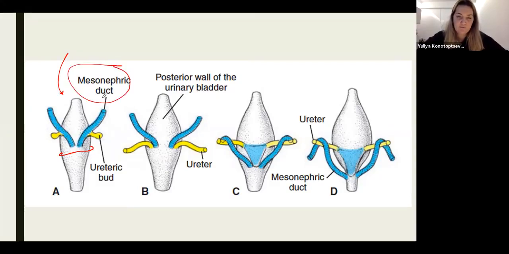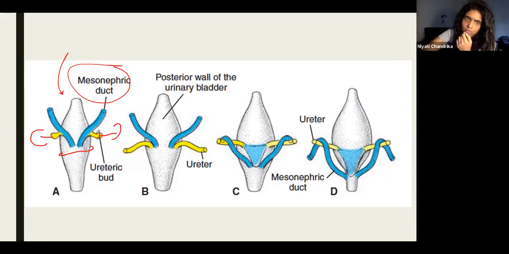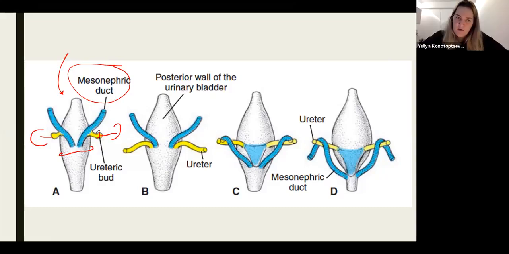These blue things are mesonephric ducts. As you remember, they were conveying urine from the mesonephros. Ureteric bud is its outgrowth. So somewhere there, you used to have metanephrons, right, which are the definitive kidney. Could you tell me mesonephric duct and ureteric bud, which germ layer did it come from? Intermediate mesoderm. So you can see that ureteric bud will be the future collecting system of the kidney, including